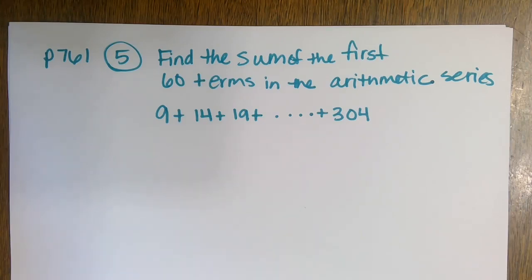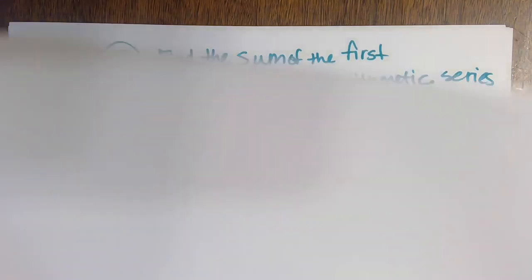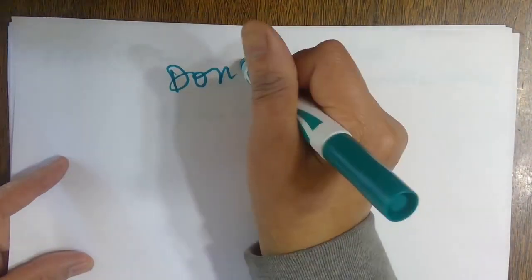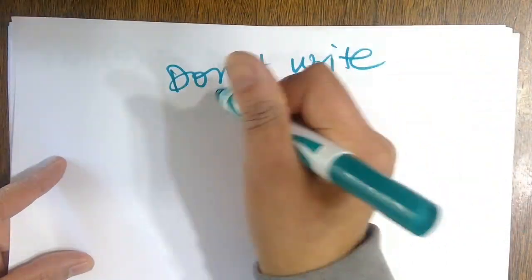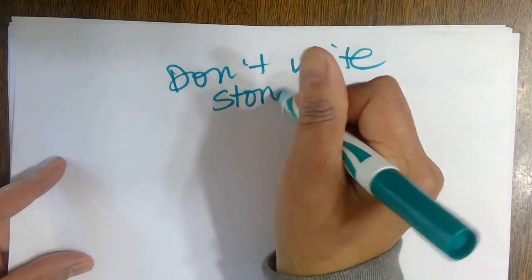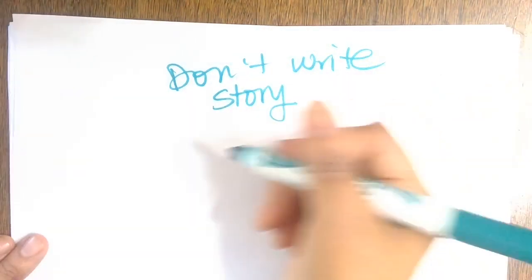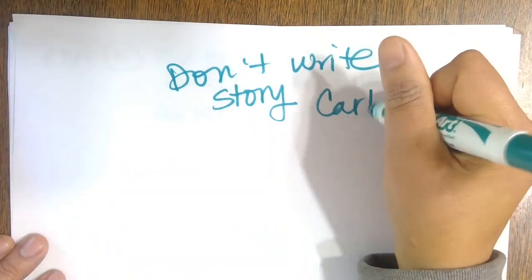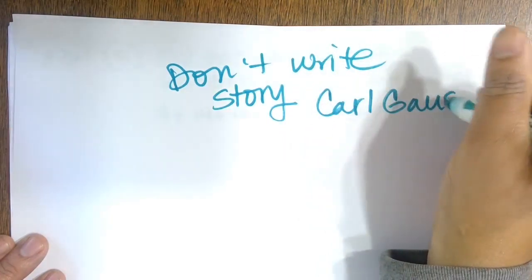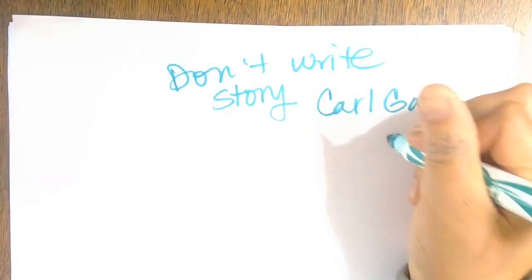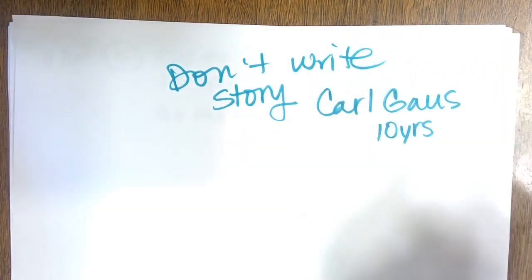So I guess I will share that with you, maybe kind of briefly. So don't write this down. The story goes, and was it Gauss? Let's see. I had to look up his name. So Carl Gauss, long time ago, was kind of a pain in the butt kid, and he was driving his teacher crazy, and he was young. I think he was like 10 years old. The story changes, but at about 10 years old,